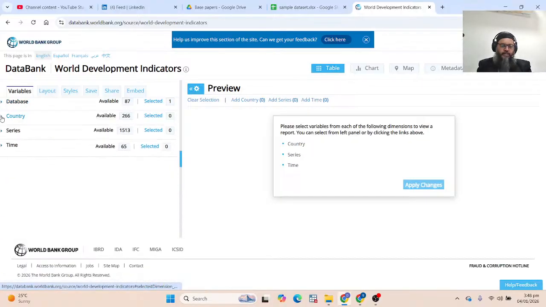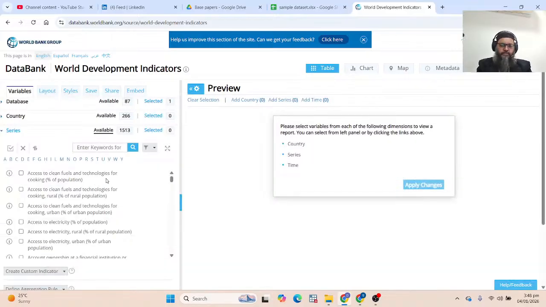Now, there are different tabs here. Particularly time, series, and country. Let's begin with series. Series means variables. We can select 2 or 3 variables.